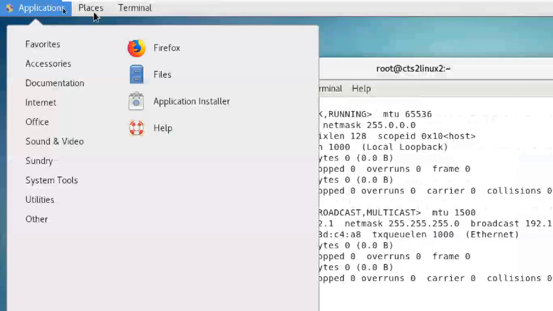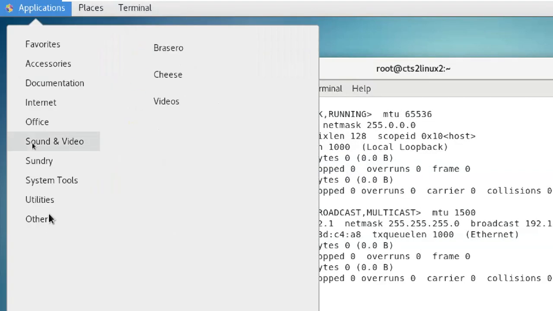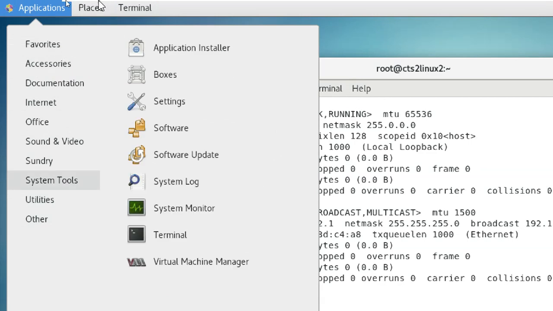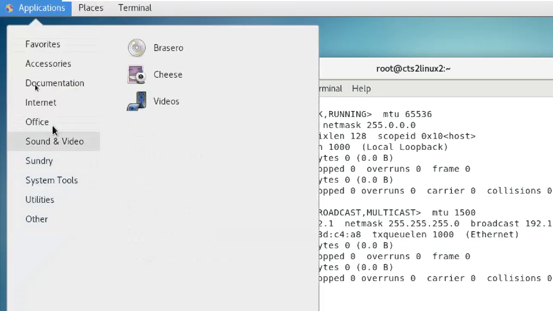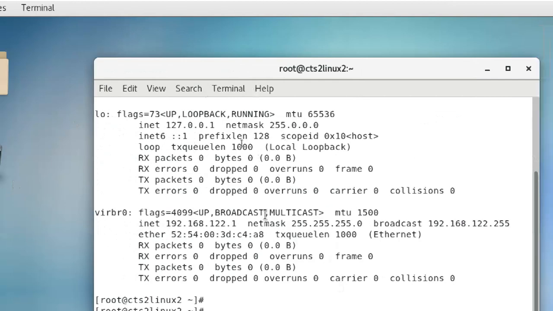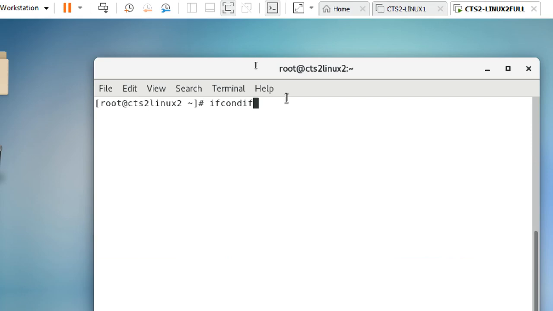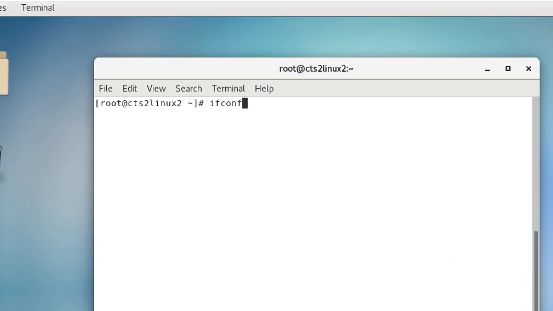Next, this is the entire Linux. You see Applications, Places, Terminal. You'll get all of this. Applications like this, the shutdown button, the restart button. All the things, GUI mode. ifconfig.